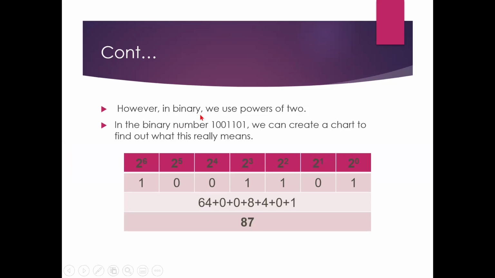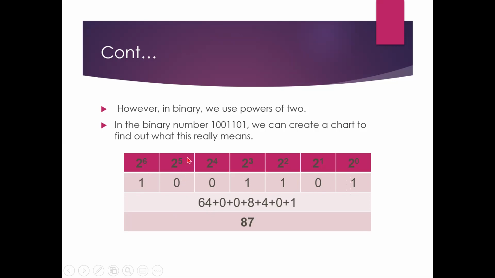As we discussed, in binary, we represent the digits as powers of 2. You take one example, that is 1001101, which is the binary number, and you can represent the digits as powers of 2 this way. The first digit is 2 power 0, 2 power 1, 2 square, 2 cube, 2 power 4, 2 power 5, 2 power 6. If you want to convert it into the equivalent decimal number, 2 power 6, 2 into 2 into 2 into 2 into 1 is equal to 64.